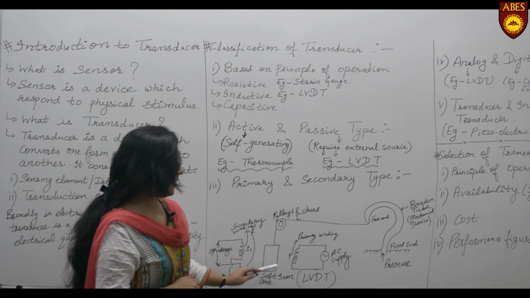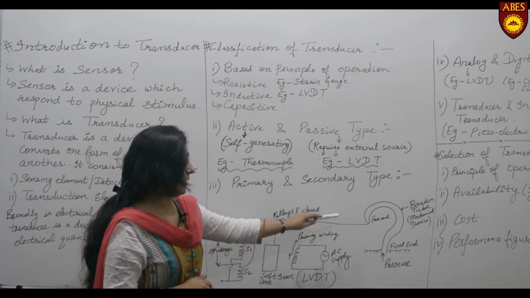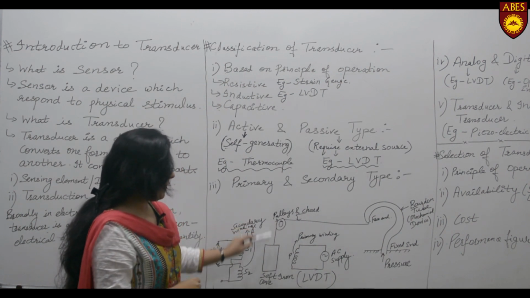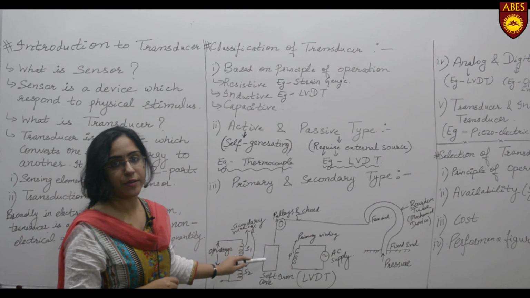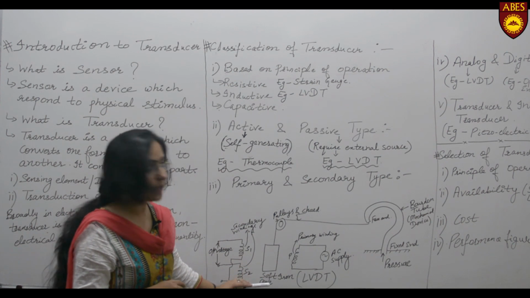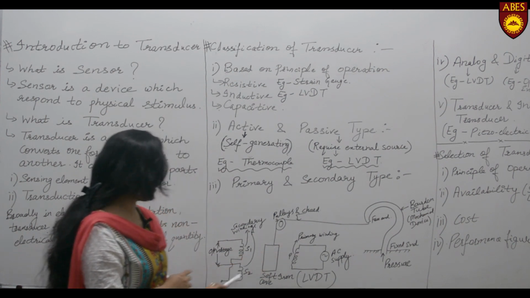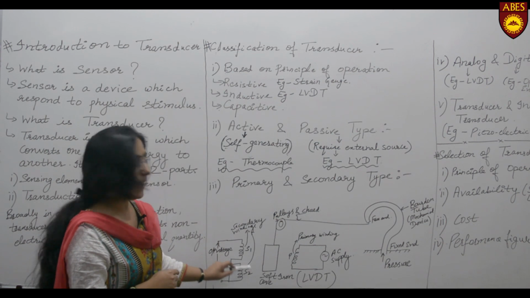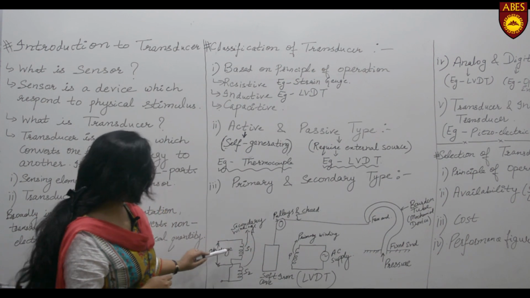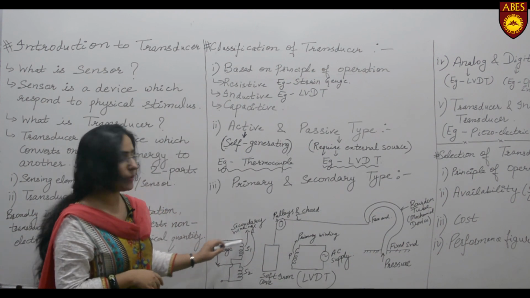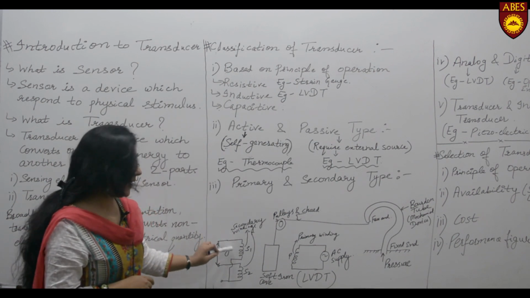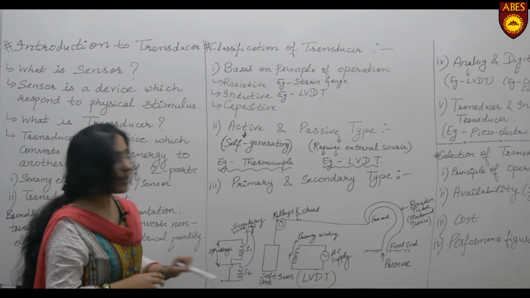What is happening here is that the displacement sensed by the Bourdon tube is connected with the help of the pulleys and cord, which makes the soft iron core move either in the upward or the downward direction. As it moves more towards the downward direction, the flux linkage of the primary with the secondary is more towards the S2 side. If the soft iron core is towards the upward direction, the flux linkage is more towards the S1 side. So the voltage induced in S1 is ES1, and the voltage induced in S2 is ES2.